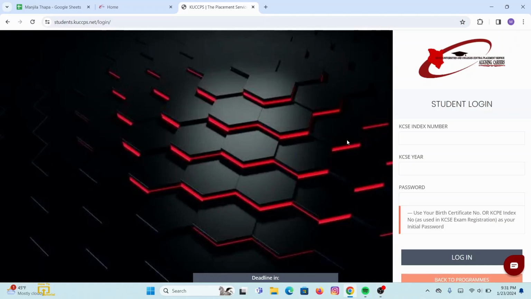Now here at the right side of your screen, you will see KCSE index number. So type in your index number, and after that type in your KCSE year, and under the KCSE year you have to type in your password, and under that you will get an information that